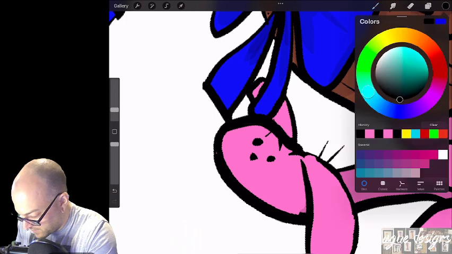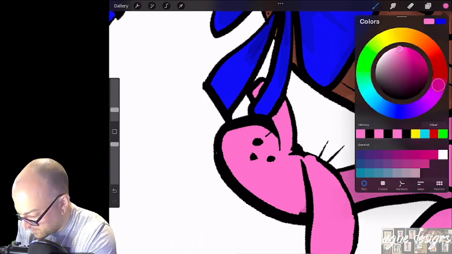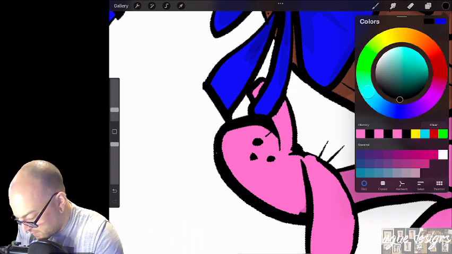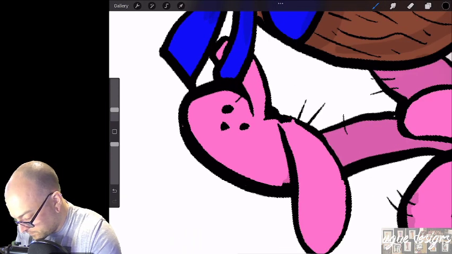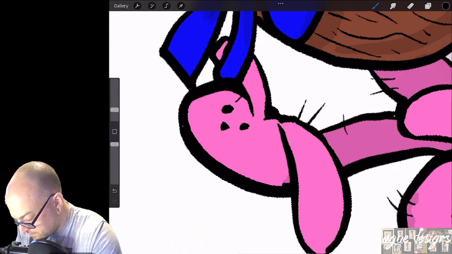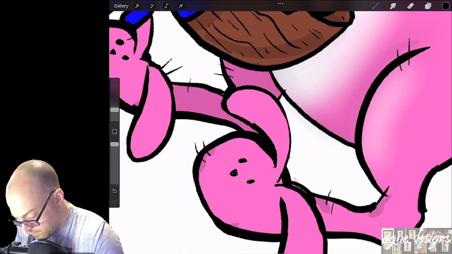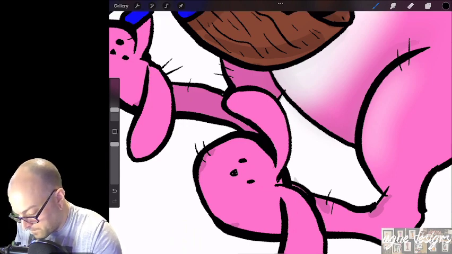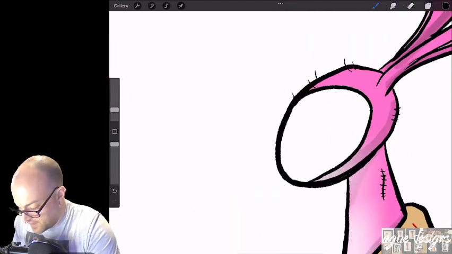I think I wanted this part pink right here. So that'll be the ear on this side. The ear on that side. All right, we did that. Now up here we're